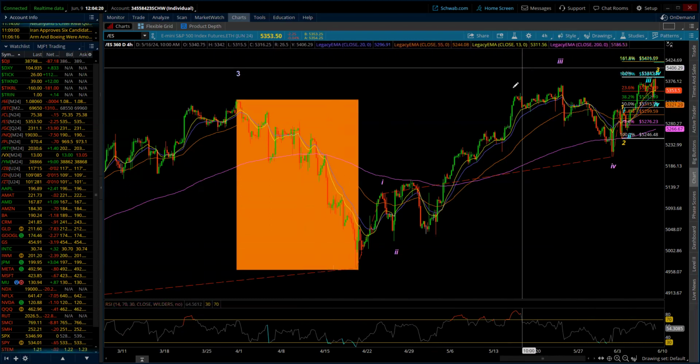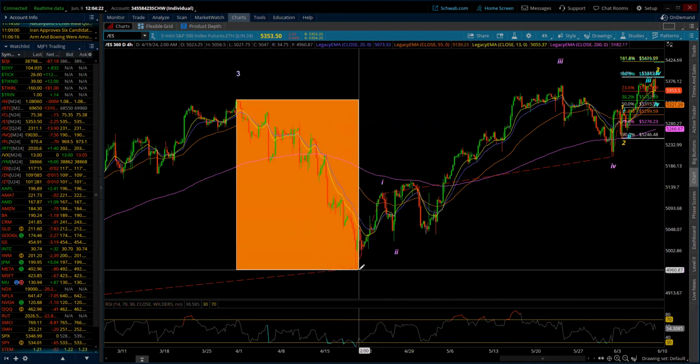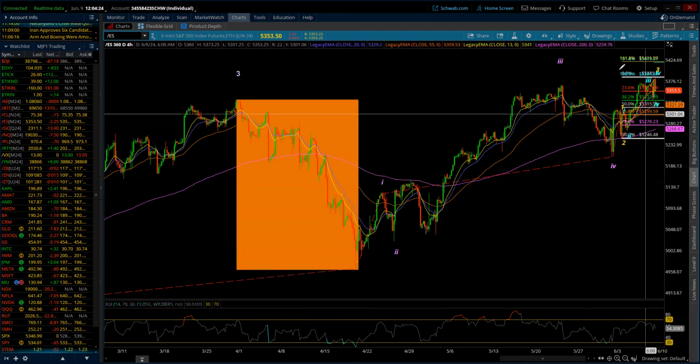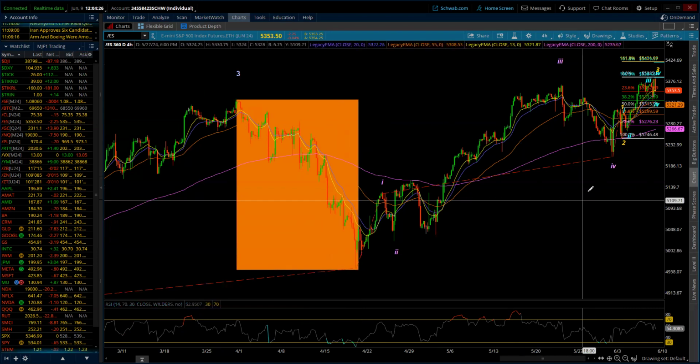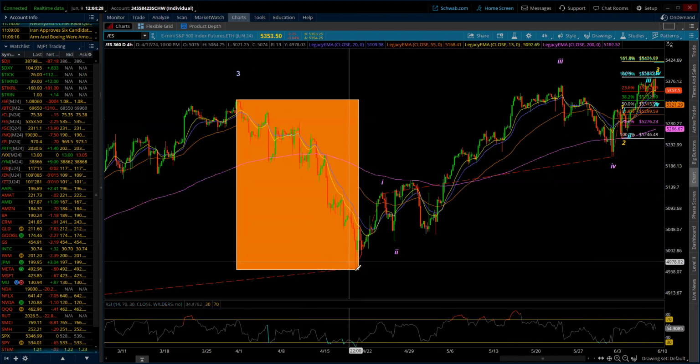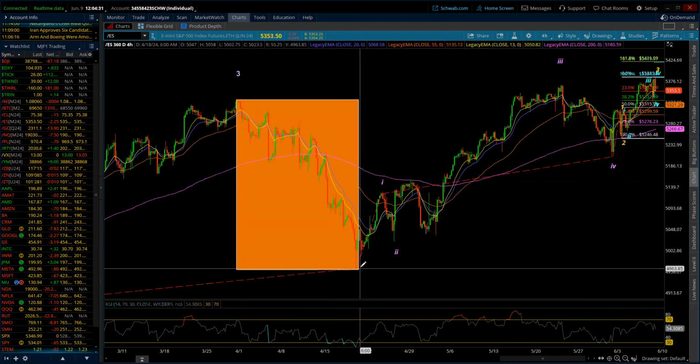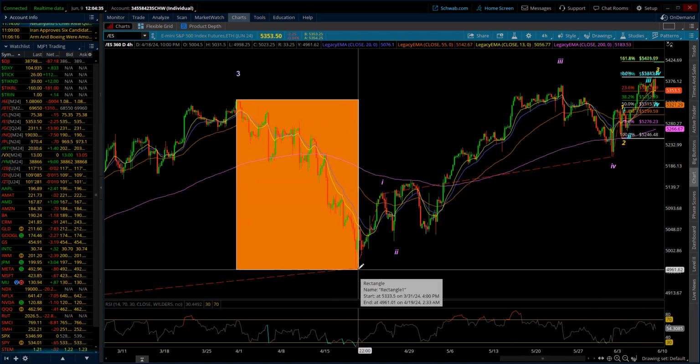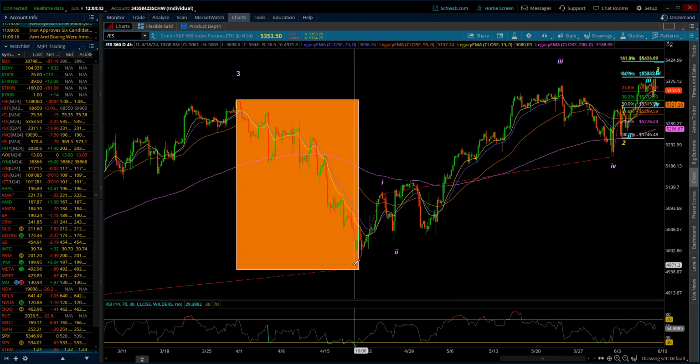And then we go back up and we finish intermediate wave 3. Intermediate wave 4 would be expected to come, if minor wave 4 ends up here, intermediate wave 4 should be coming back. So we basically have 3 legs, or the 2 corrections that we're looking for, that might just find their support in the same area. So we could remain above 5,000 for a while. That's my main point.